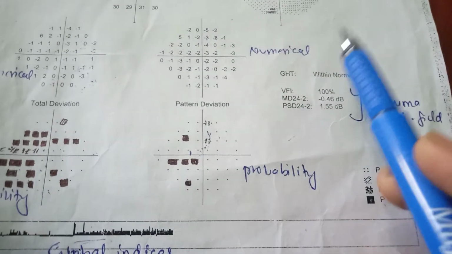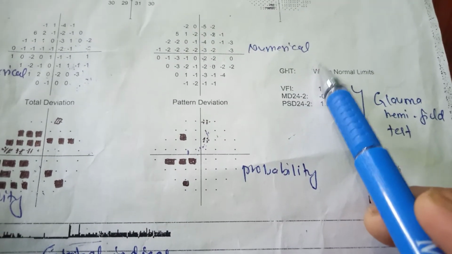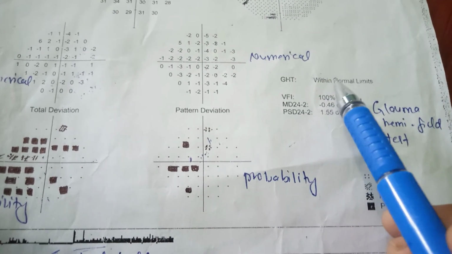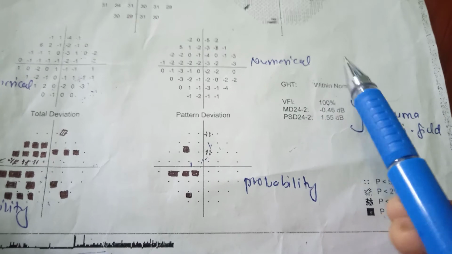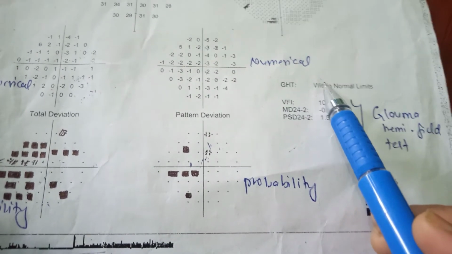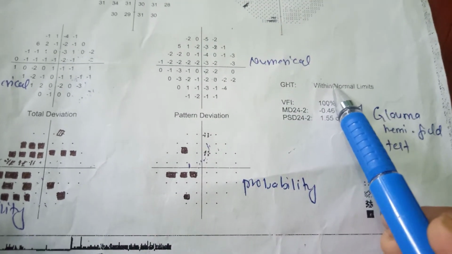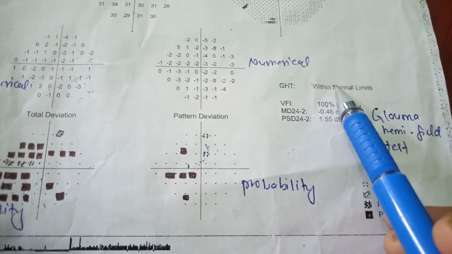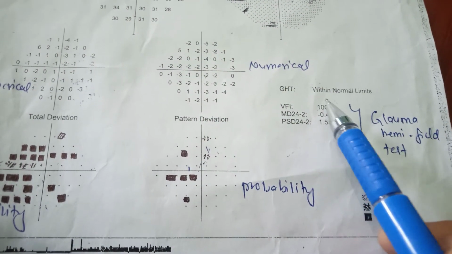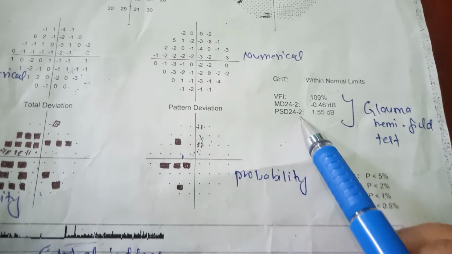Now talking about the glaucoma hemifield test. The glaucoma hemifield test compares the points in the upper field to corresponding points in the lower field, and then interprets the results as outside normal limits, borderline, or within normal limits. Outside normal limits is when any cluster pair in the upper and lower zone differs at probability less than 1%, or only one cluster pair differs at probability 0.5%. In borderline, any one pair of the two zones differs at probability less than 3%. And within normal limits, it is normal.